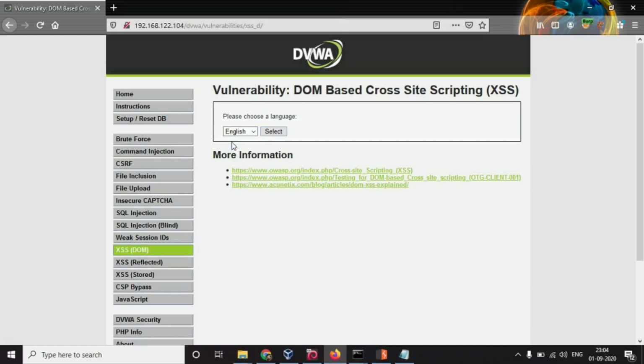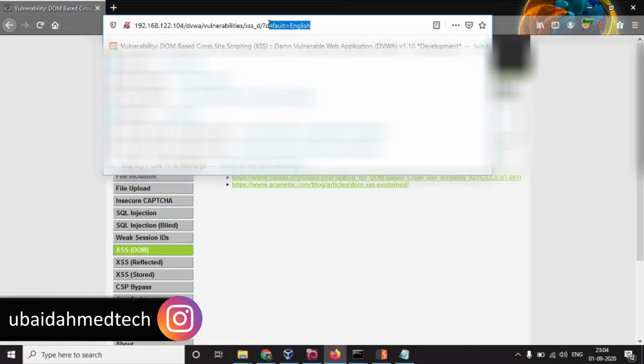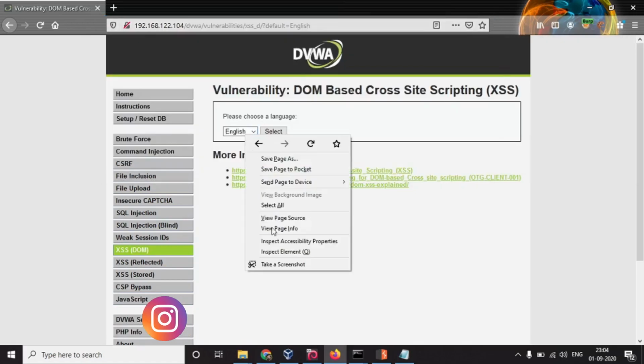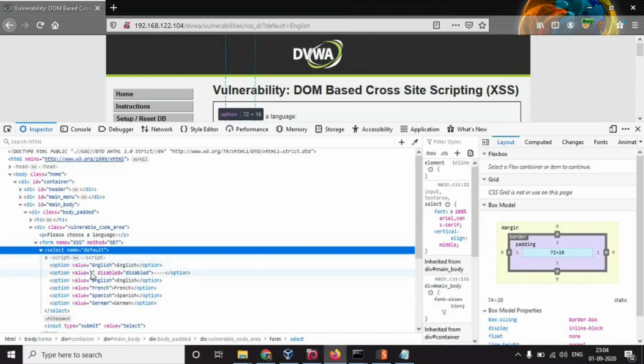If I select a value in this drop down and click on the select button, then whatever value I have selected is reflected over here in this URL parameter. Okay, let's do an inspect element. I have to provide a payload such that this DOM gets modified and my payload is inserted into it.